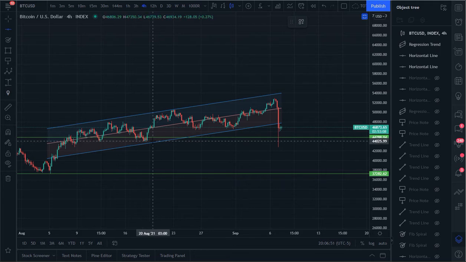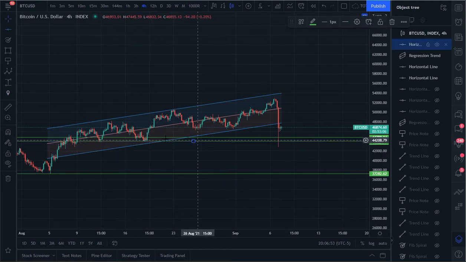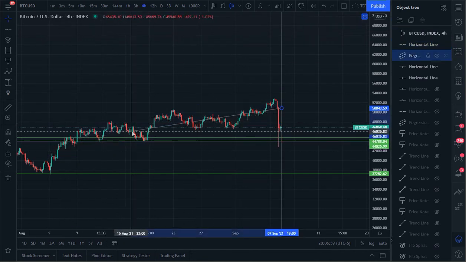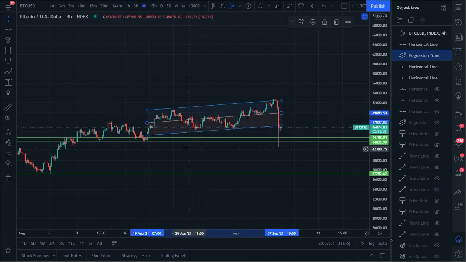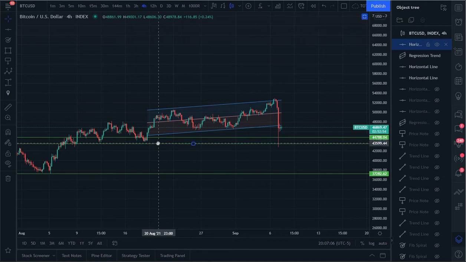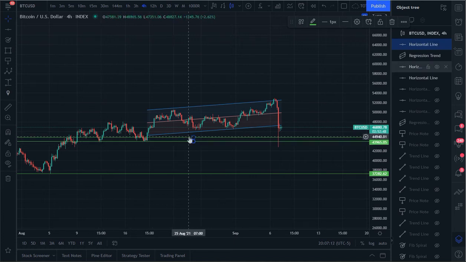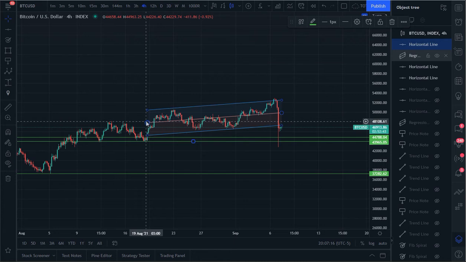If we compare this lower low with this one, we already broke this trend. So this, starting from here for example, although we don't see the fall, the lower low is already a new lower low, and for this one too. So all of these trend